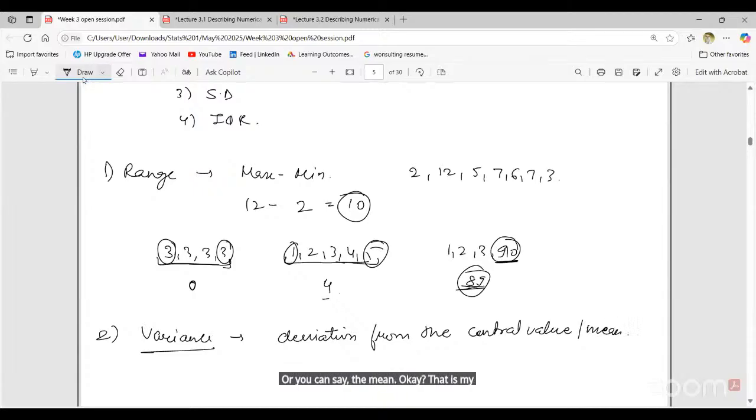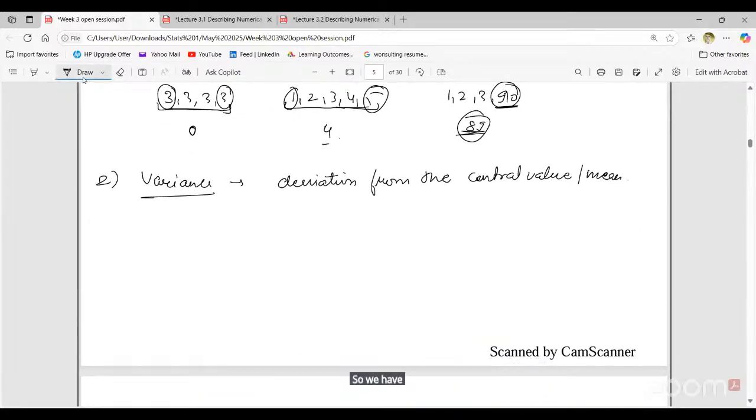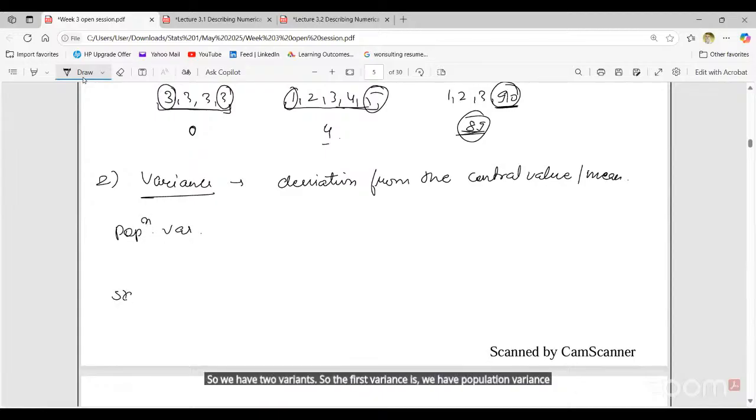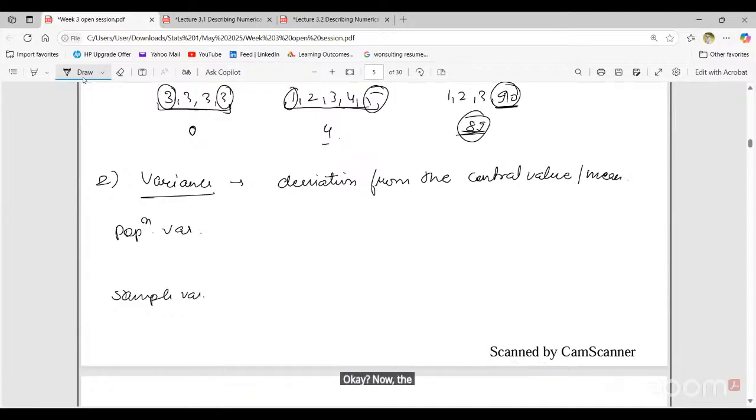And how do you calculate the variance? We have two variants: the population variance and the sample variance. The population variance is denoted by sigma square, and the sample variance is denoted by S square. Now sigma square is basically the summation of xi minus x bar whole square divided by